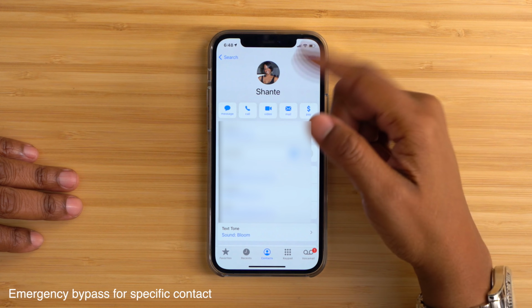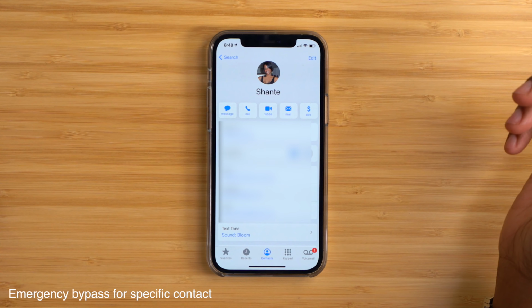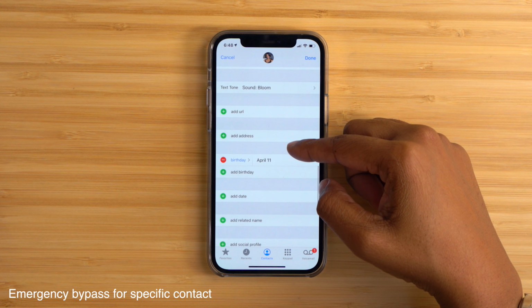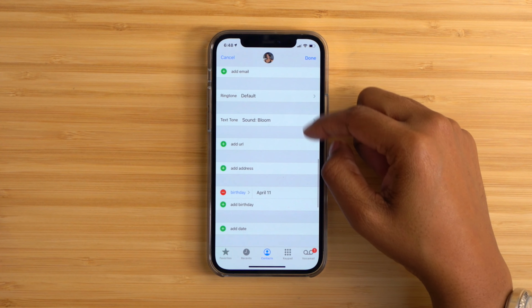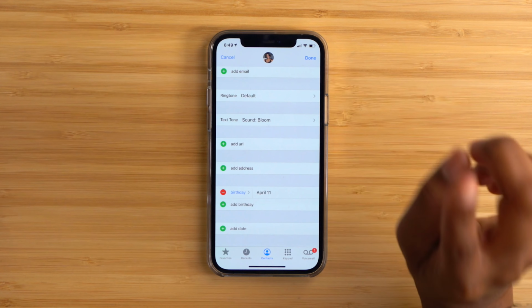Now, something that I recently discovered, and I don't know how long this has been around, is emergency bypass. And that's the option for specific contacts to pretty much always be able to get through even when Do Not Disturb is on. And you also get audible alerts from them even if your phone is on silent. So if you're interested in turning this on, you're gonna go to that contact card in which you want to turn it on for, and then you're gonna select edit, and then you're gonna go down into the section that